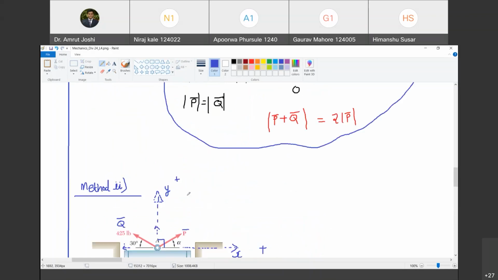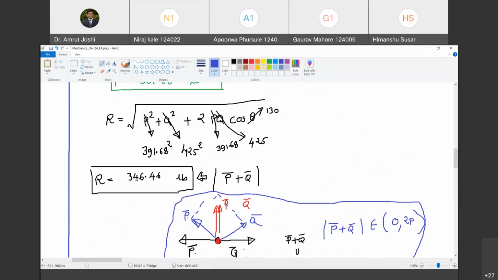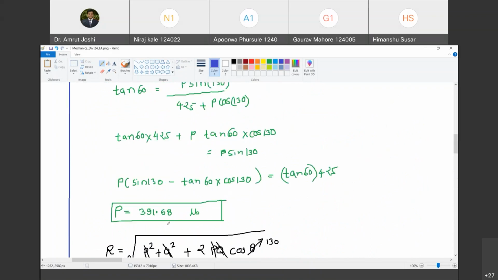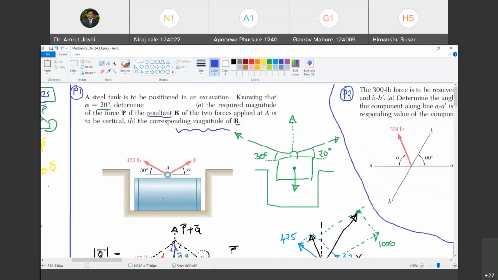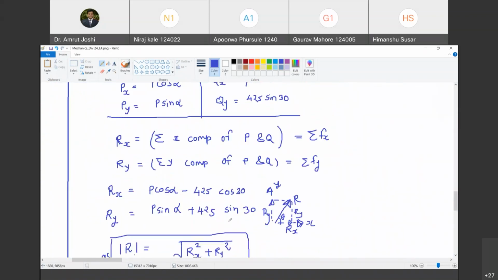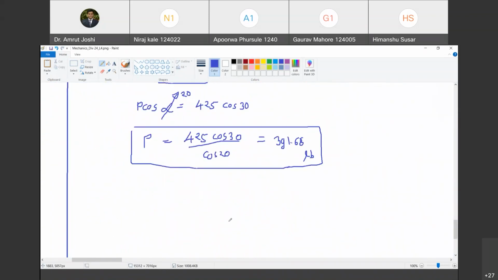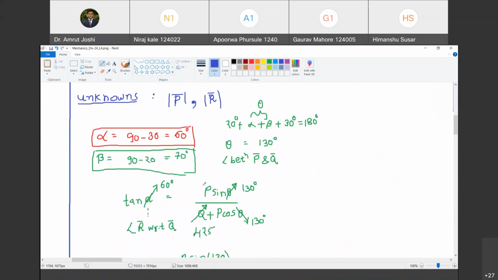And is this same as what we have got in earlier case? Yes, देखो. Are you with me? Yes. So even by the first method where we used the parallelogram law, and in the second method where we have used the rectangular components, we get the same answer. Are you with me? Yes. Now, which method do you think is easy? Which one is easy? The earlier one or this one?